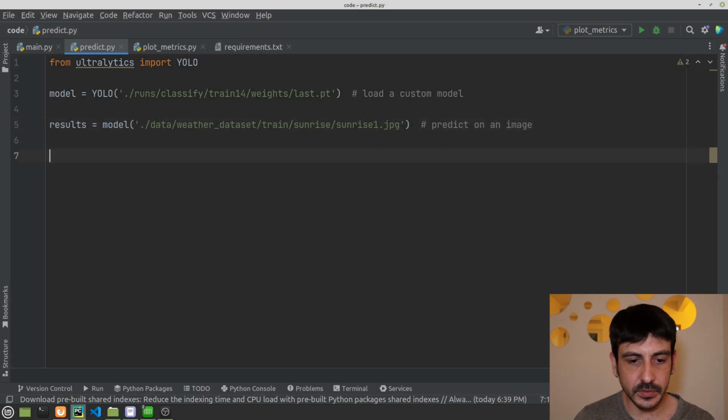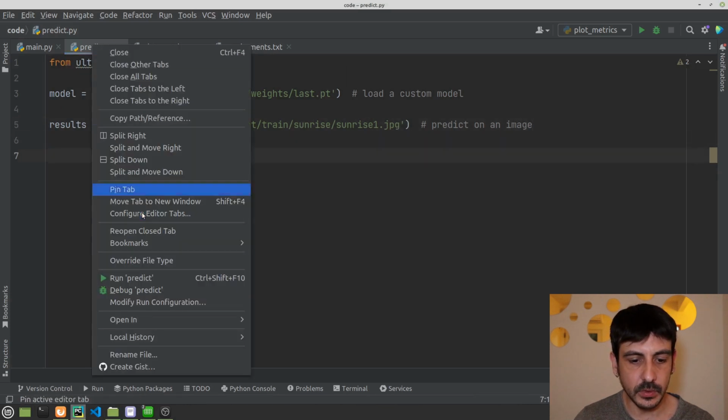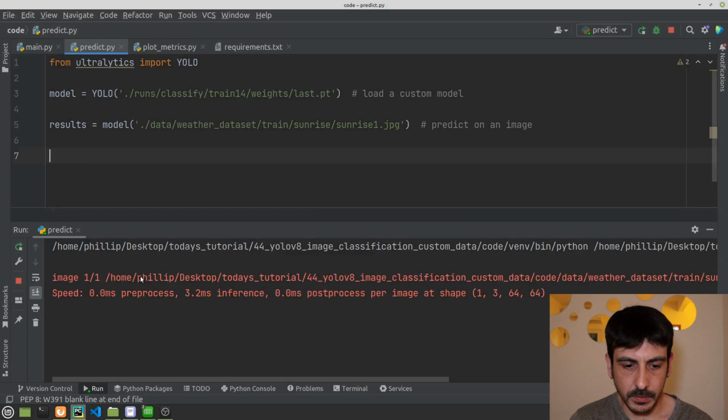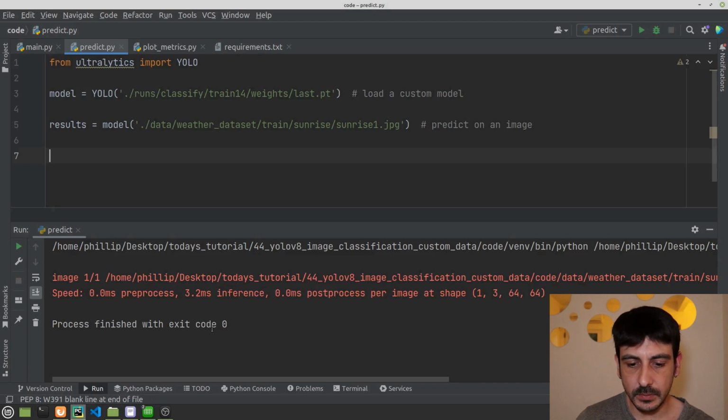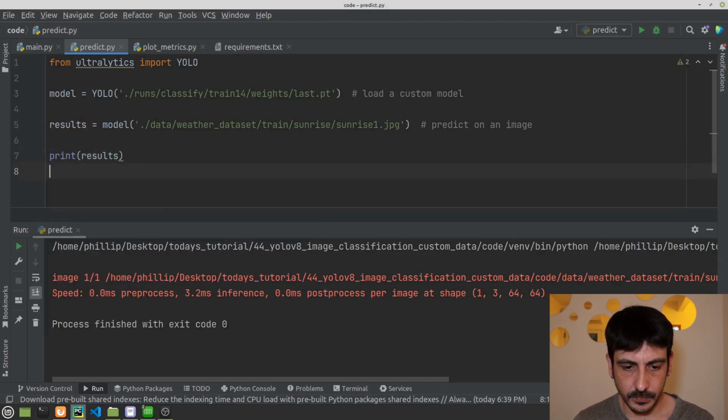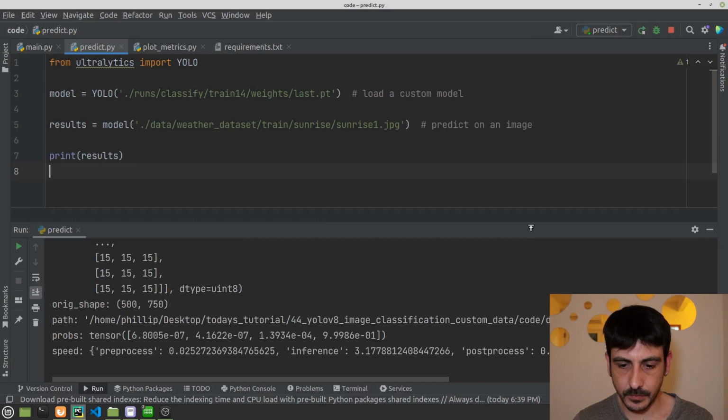So these are the results. The first thing I'm going to do is just try to run this code, and let's see what happens. Everything should run smoothly, but this is where we're going to see if we have any error. We may need to wait a couple of seconds, and everything seems to be working fine because we didn't get any error. So now I'm going to print results because I want to show you a couple of things.